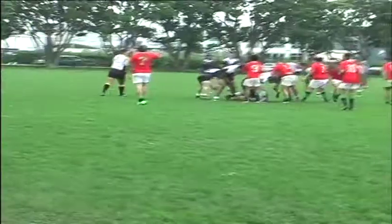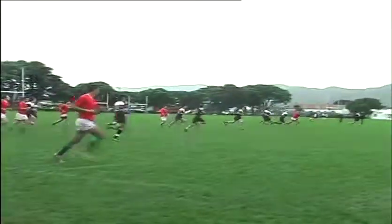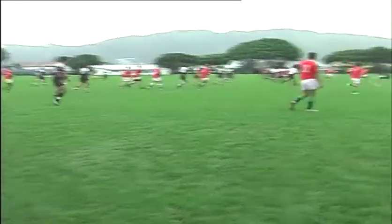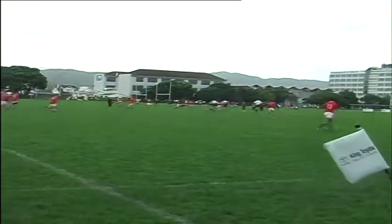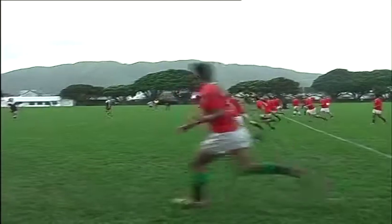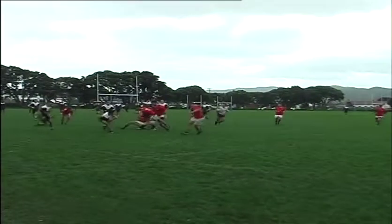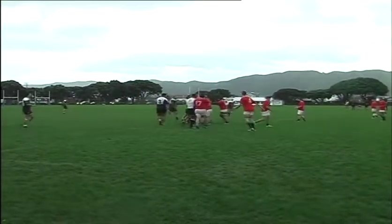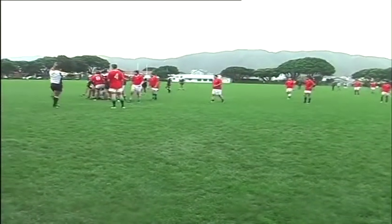So that's the chocolate fish, Amani. I say that because he threw his arms up in the air, and there's no such signal in rugby refereeing. So if you were doing that game in that situation, you'd probably put your arm out and go advantage knock on. So it's really good for you to